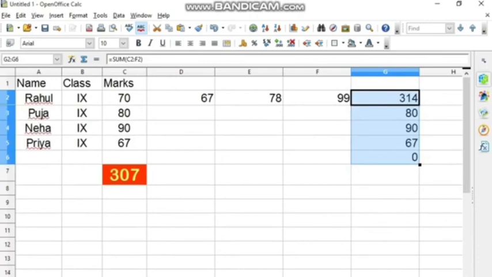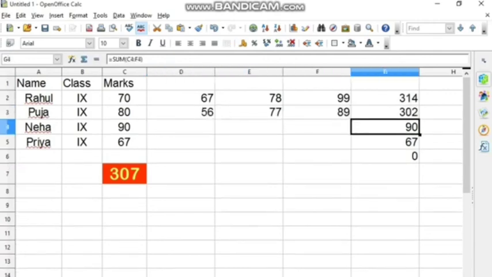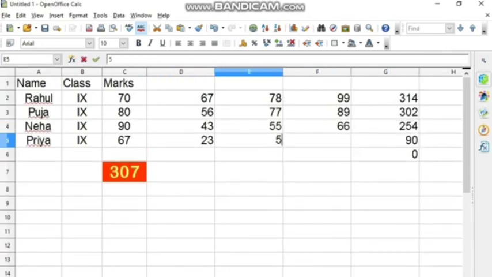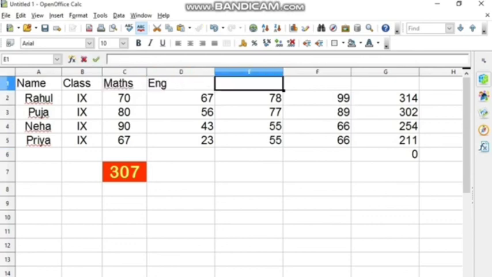Priya, the student, is mentioned. So right now it is not giving me the full marks of every student because the rows are vacant. Now when I put the numbers in the rows, you can see all the marks are getting updated as per the formula. So this is how you can work with the mark sheet. Find out the percentage and total of your marks. You just need to put the formula and begin with the equals to sign whenever you write a formula.